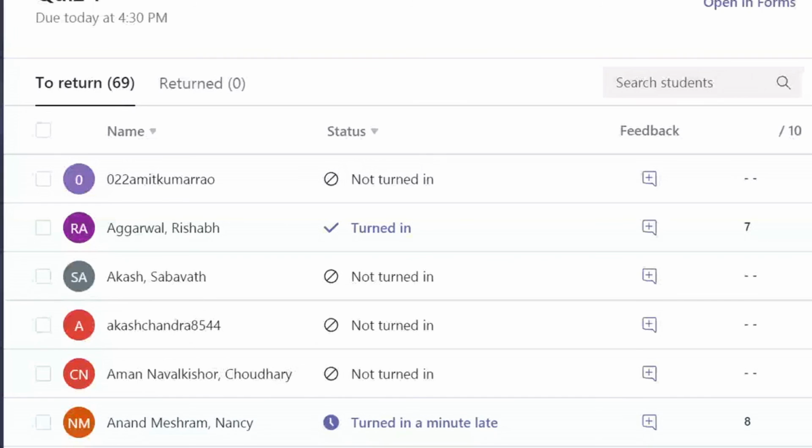So this is the continuous evaluation procedure. I am thinking maybe I'll try to give some assignments in between. There's an assignment also different, so maybe I'll give that also.